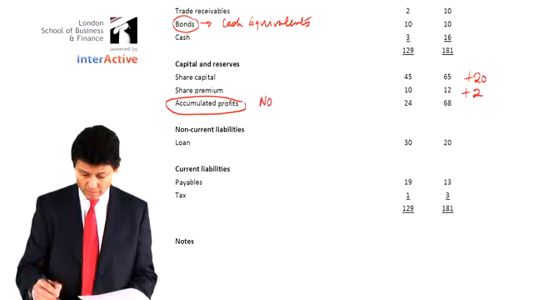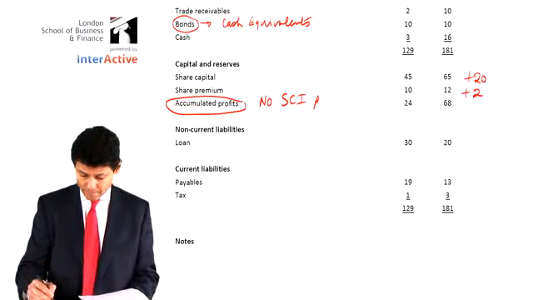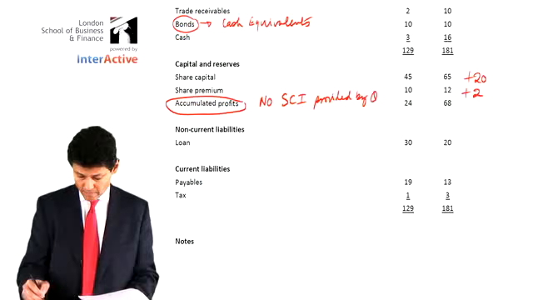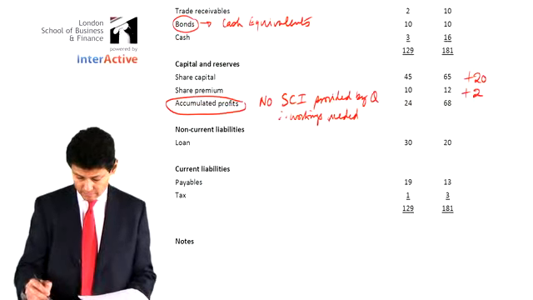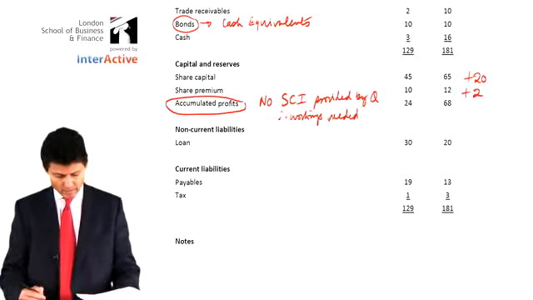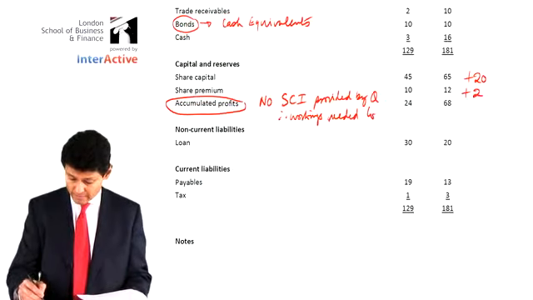No statement of comprehensive income provided by the question, therefore workings needed to calculate